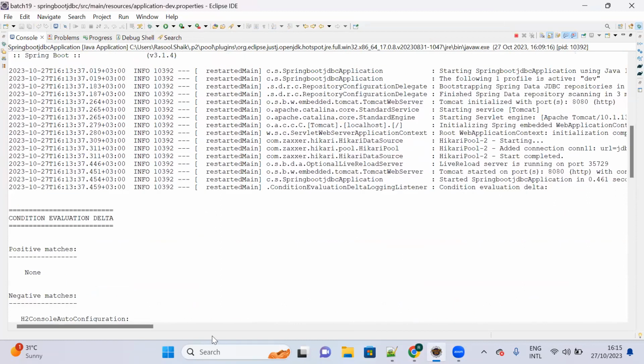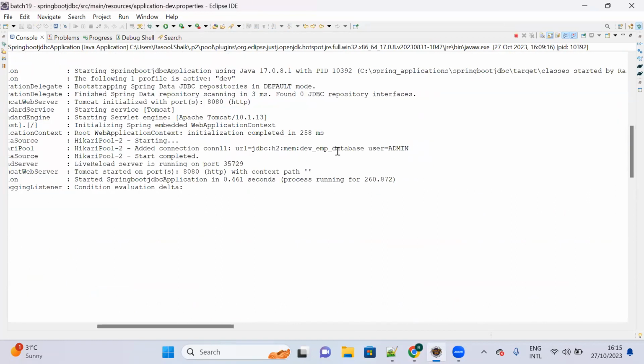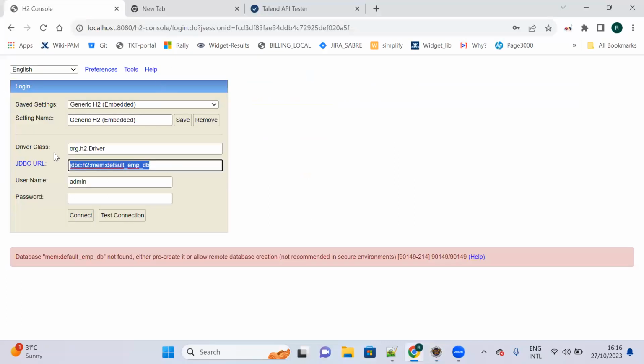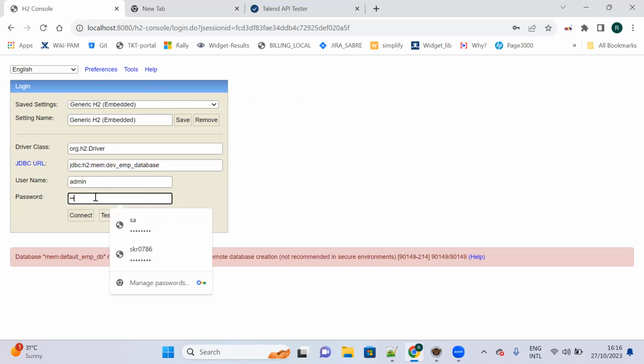You can check the dev_emp database. So what is the URL? So this is the URL, right? You can copy from here, or you can copy from the properties file anywhere. The dev database properties file is set to connect with the dev-emp database. So let me copy the URL and go to your H2 console, change the URL and type